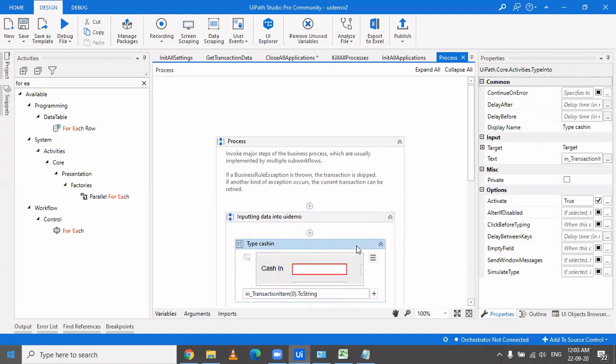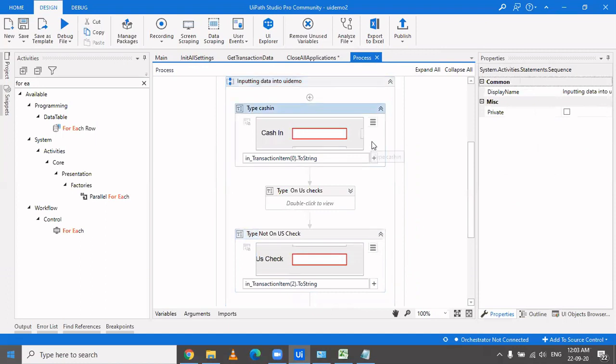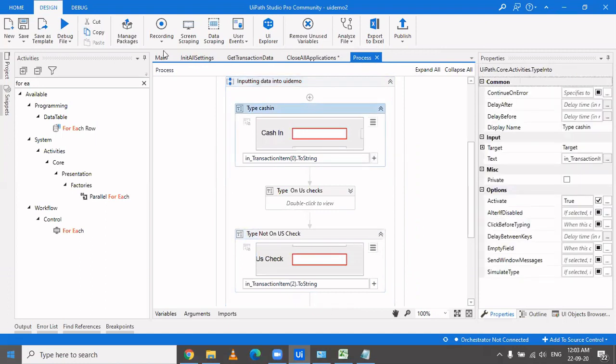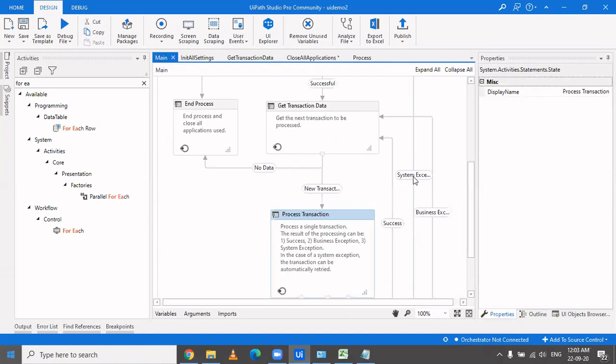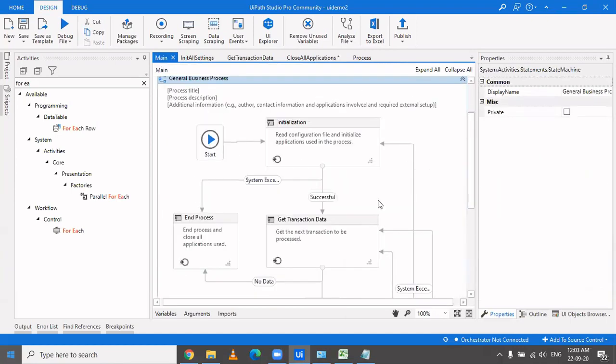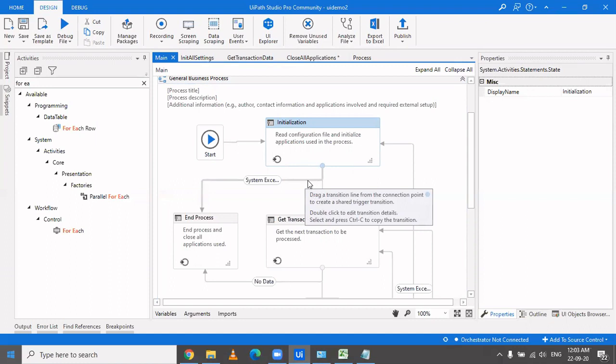That would be an abrupt end of your process, because you have not handled the exception well, and the bot will break here only, with selector not found. That is not what is advisable. You must end your process or give a logical ending, and accordingly notification to the concerned team.